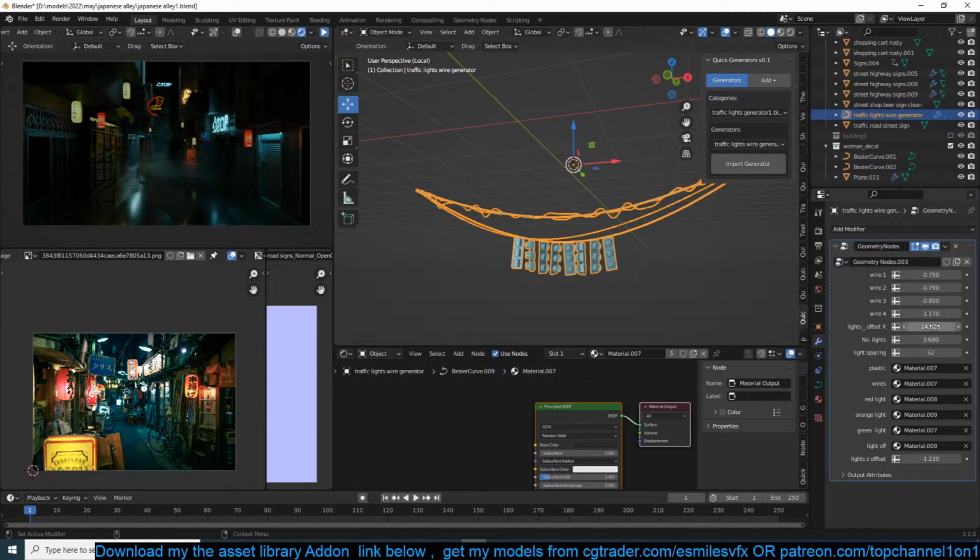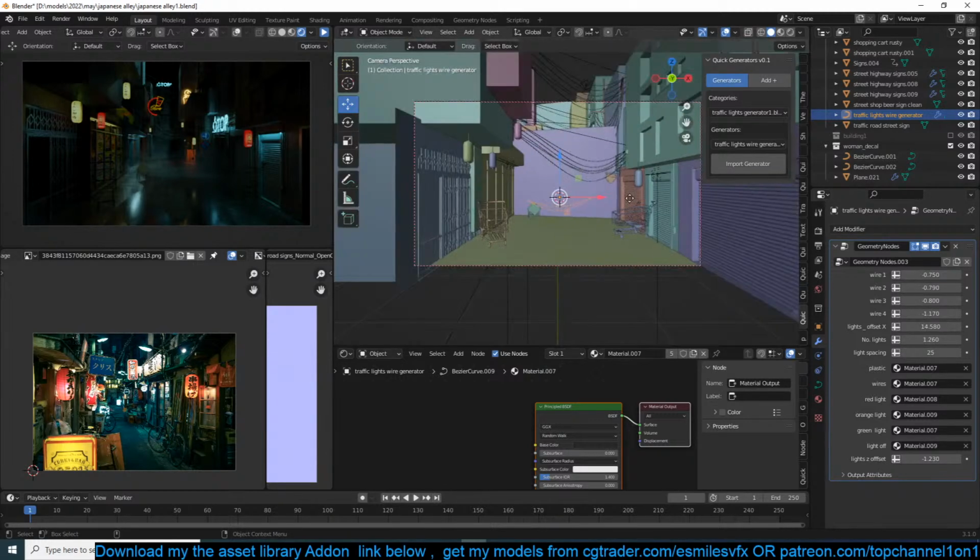And just have like 2 or 3 lights, just in the back there.